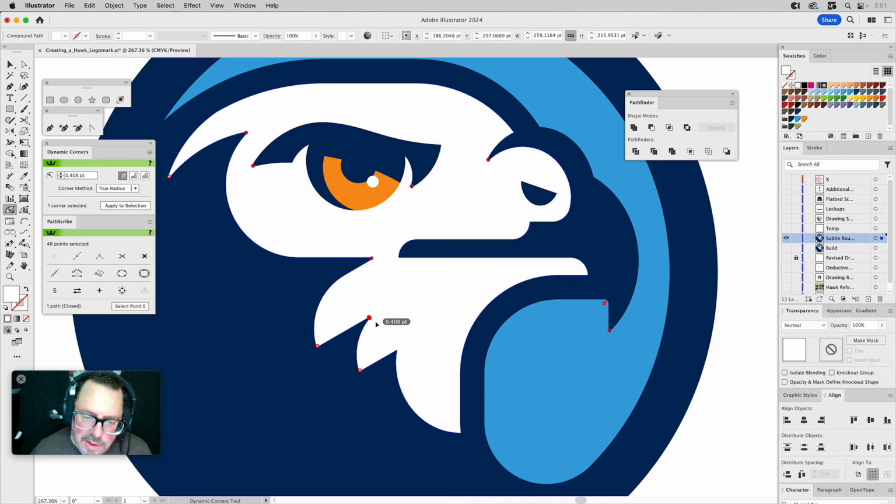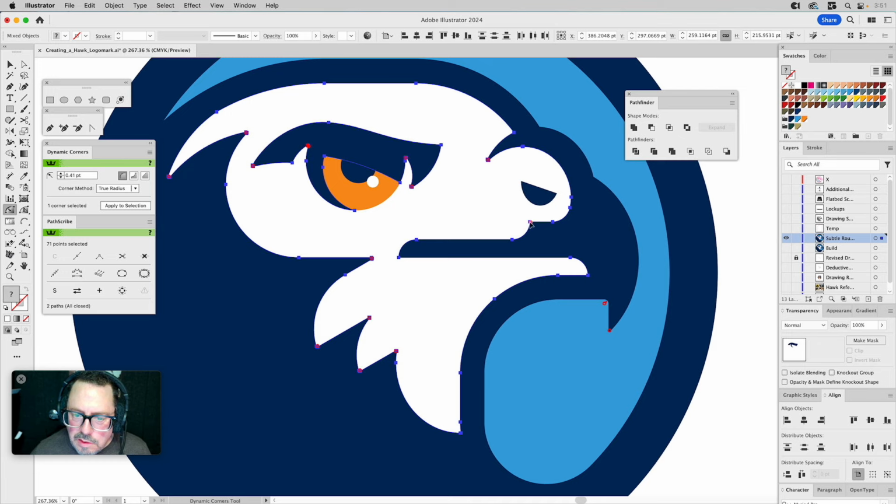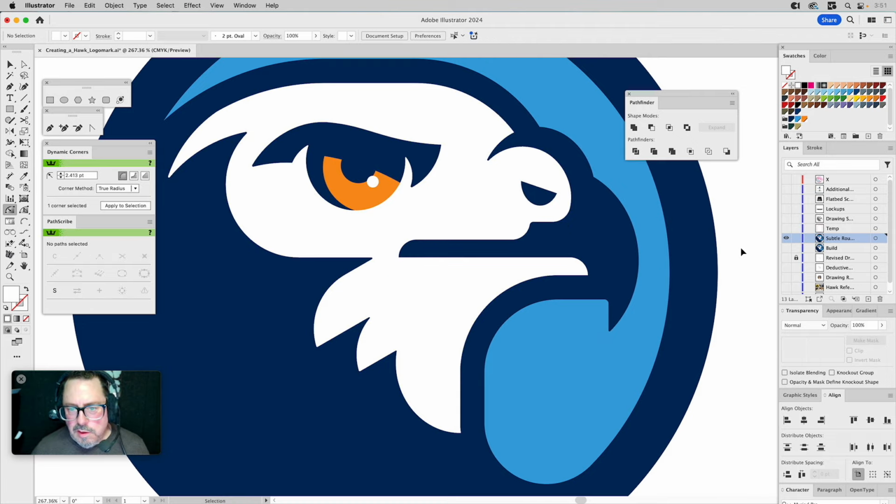And then even on these inside parts, the white isn't the problem. It's the dark looking so sharp. So I'll go in on these and I'll even round those. Even up here on the eye like this. And I don't want this a perfect corner, so I'll add a subtle round. Actually, let's undo that. I'll just make it the same size as the one in the beak. That looks good. And then I think all I'm going to do is take this same size and apply it